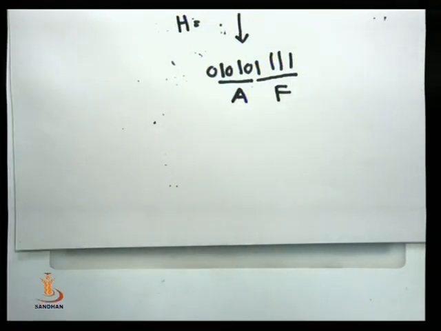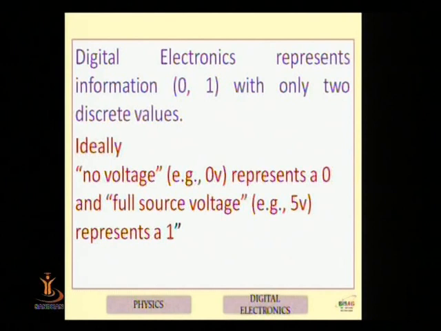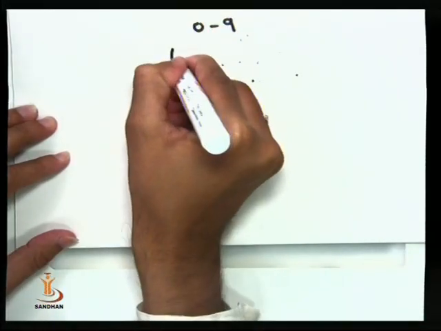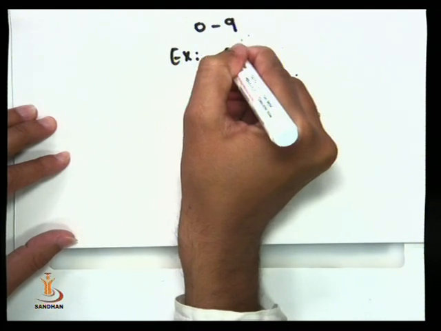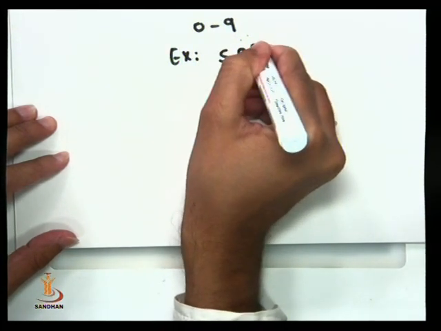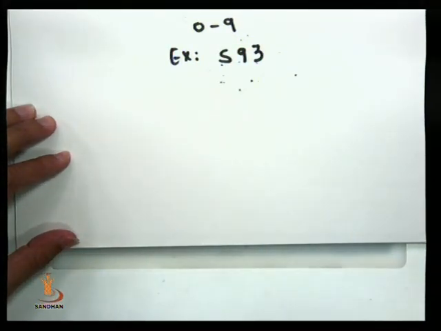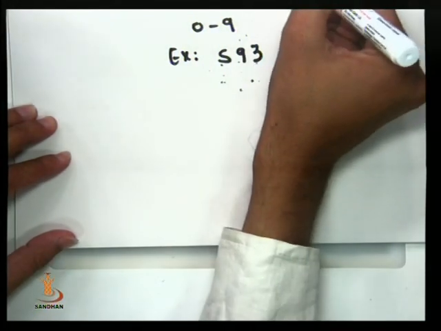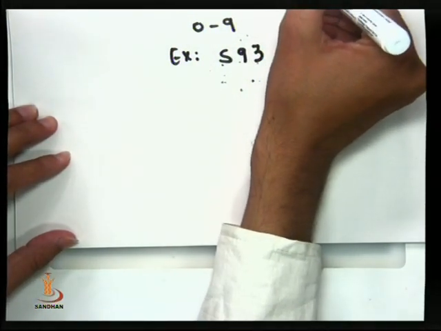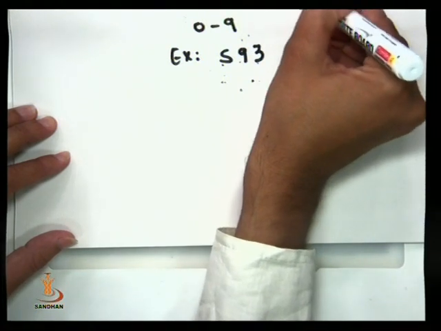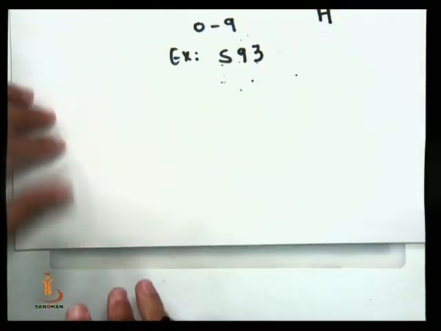So this is how we get the conversions related to octal. Now the third number system we deal with is the decimal number system. The decimal number system ranges from 0 to 9. Our example is 5, 9 and 3. Before starting, let me say decimal to binary, decimal to octal and decimal to hexadecimal.